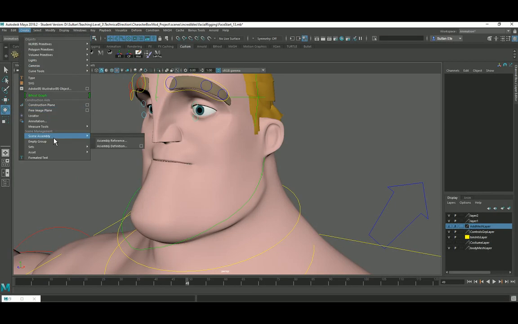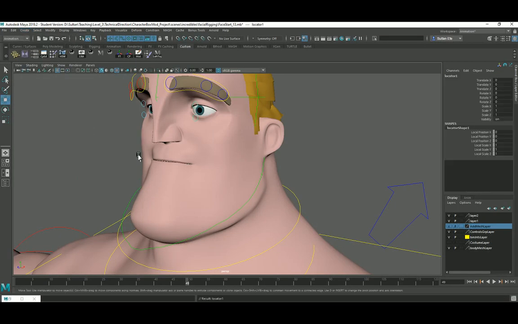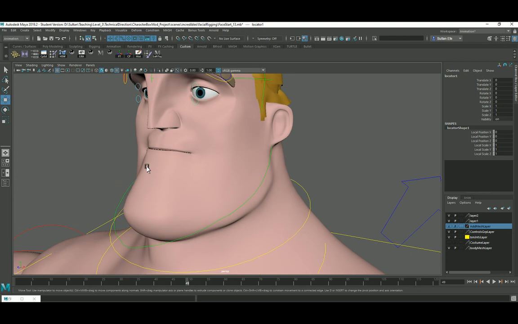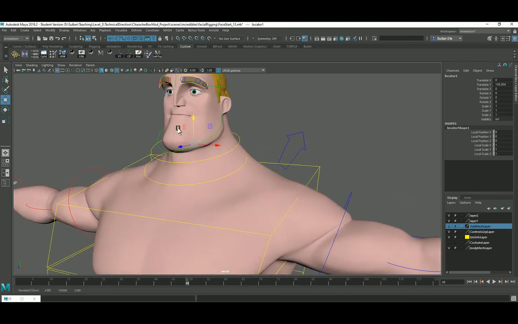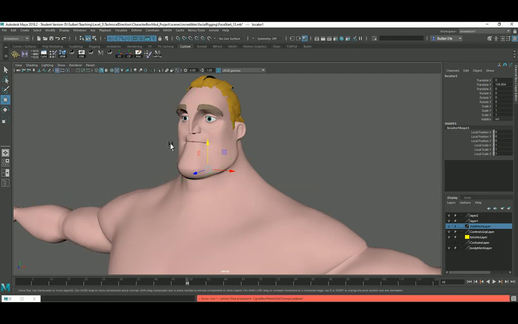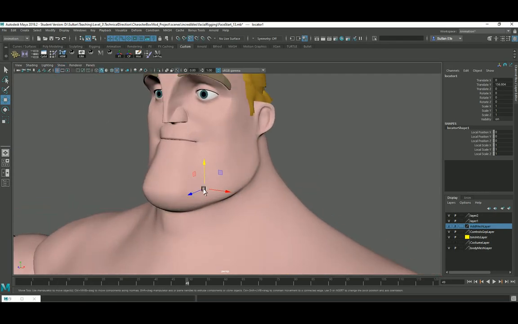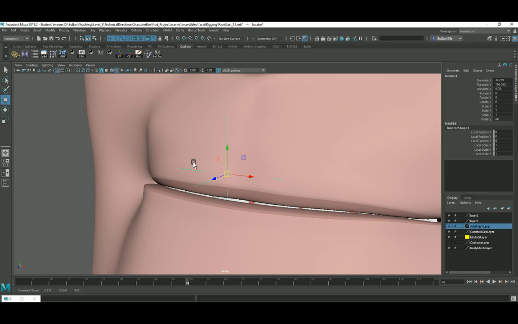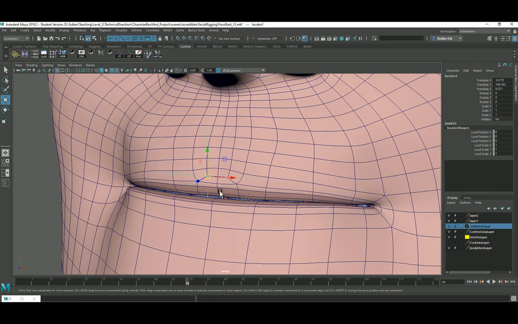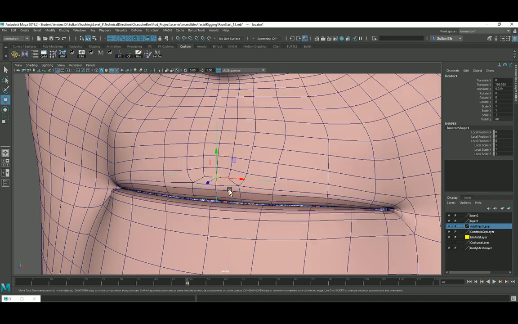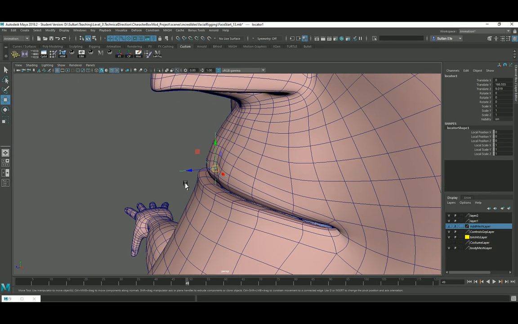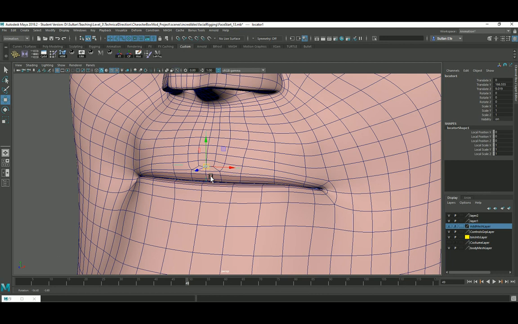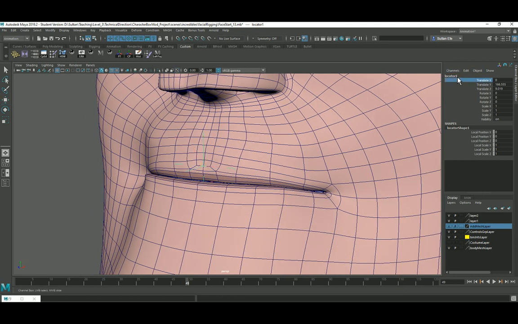So let's quickly wrap up as well. We're going to create a locator, and I'll just bring it close to the middle. Just going to turn off the curves for now, we don't need them. Something like this. I'm going to call this top